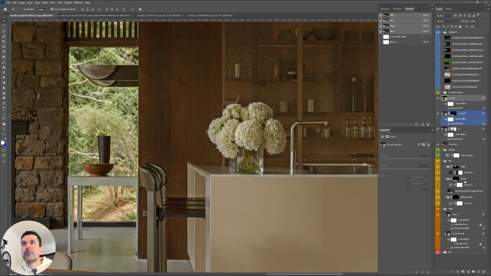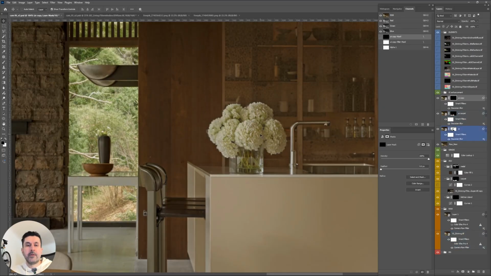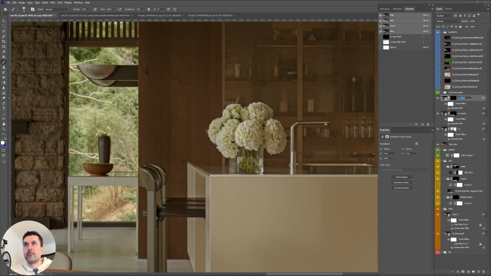Maybe for the flower, I'm going to change my brush to white and put the opacity on 75, and brush it here. It doesn't need to have AI everywhere, but